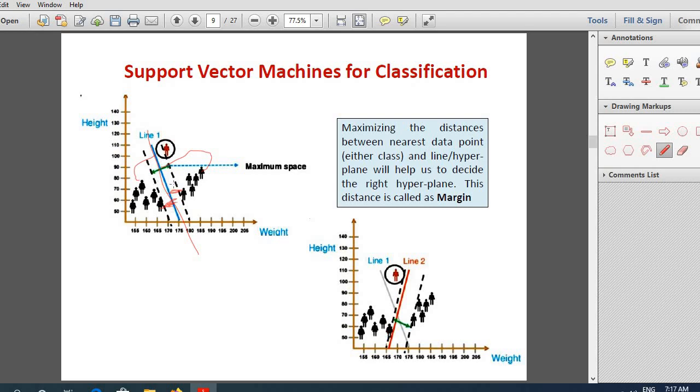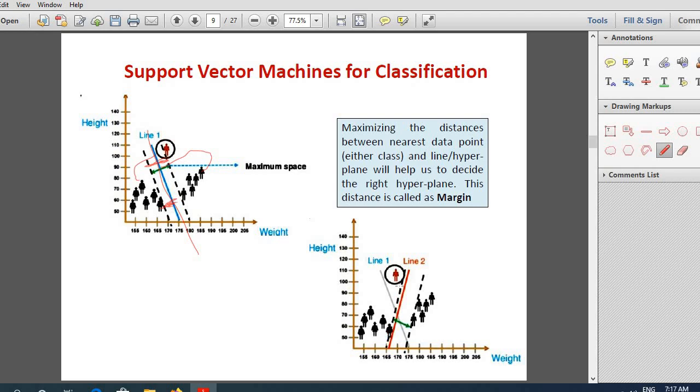So these persons or these points which are closest to the line chosen are called support vectors of that line. So of the line chosen, the persons or data points of each class closest to the line are called support vectors. You can calculate the total distance by summing up those two distances, and this is called the margin, that is a space, maximum space.